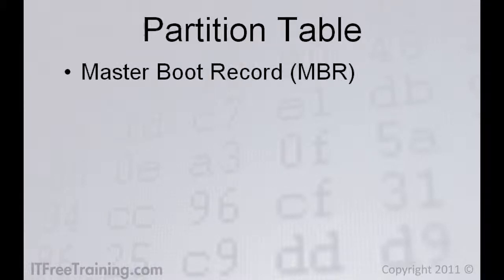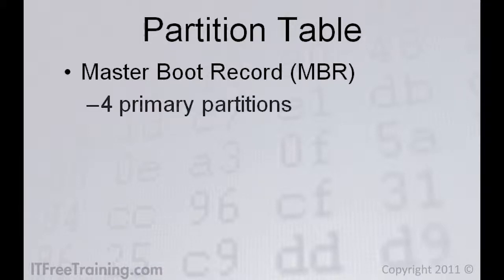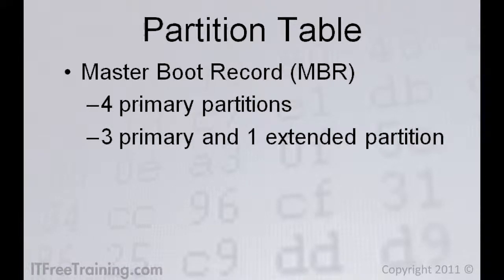This is the most compatible option with older operating systems. With MBR, you can have 4 primary partitions per hard disk, or 3 primary partitions and 1 extended partition. What this means is that you can create a maximum of 4 partitions on your hard disk using primary partitions. If 4 is not enough, you can lose a primary partition and replace it with an extended partition. In an extended partition, you can create logical partitions, which increase the maximum number of partitions on one hard disk